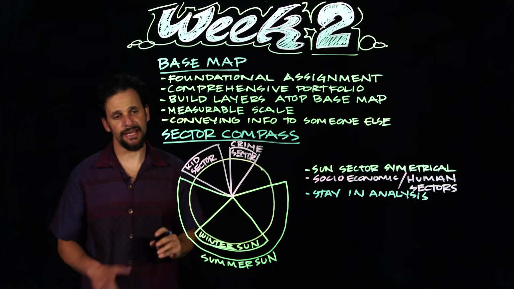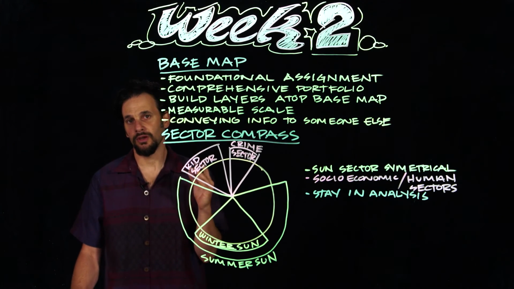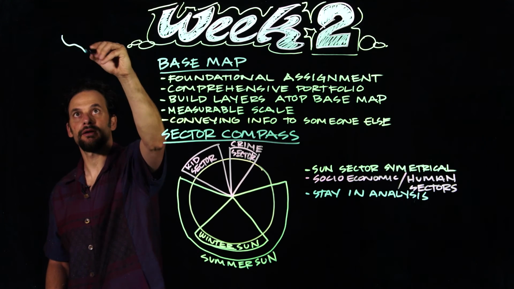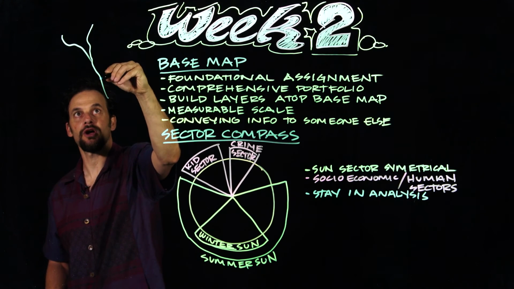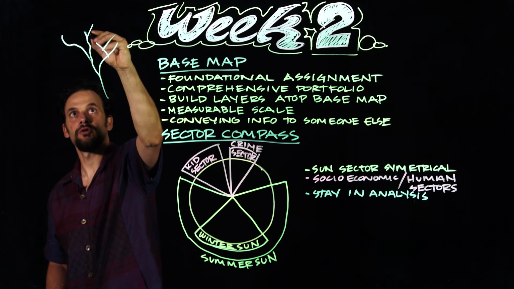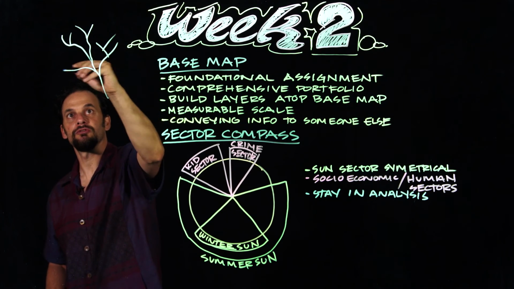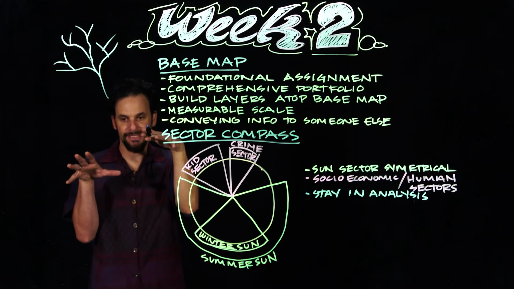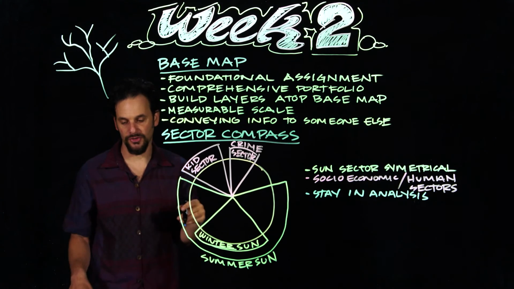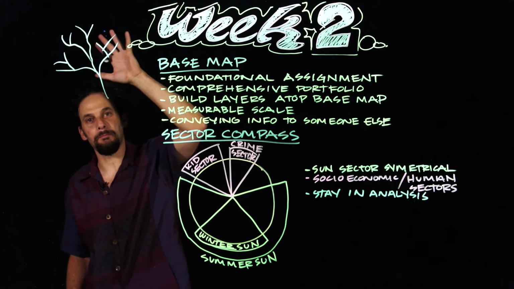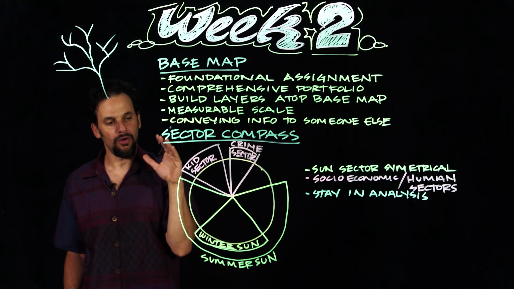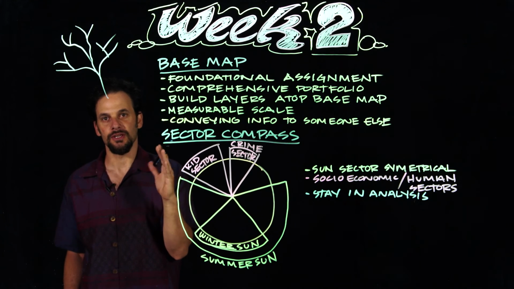And then the last thing I want to say about the sector compass relates to water. The flow of water is, as we've talked about already somewhat, and we'll talk about more, typically you can figure out that tree pattern. Somewhere on the landscape you can see that tree pattern, and that's how water moves across the landscape. So water oftentimes is a pattern that overlays the landscape,